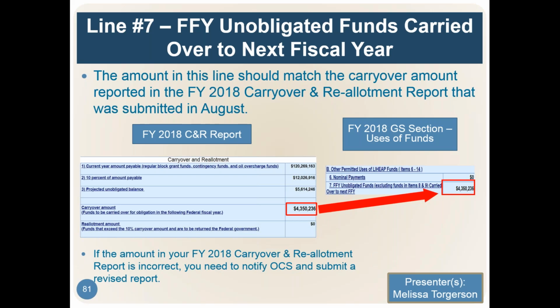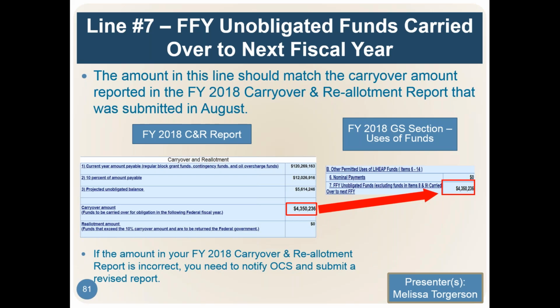we always tell people that even though there's not a two-part system to reporting the carryover and reallotment, you should be doing it in a two-part way, because you don't turn in that carryover and reallotment report at the end of your fiscal year. You turn it in in August, or at the end of July or August. And so that's before your year is even over. It's before you've gotten all your refunds back, some of you. And that carryover may well have been adjusted since you've submitted that form.